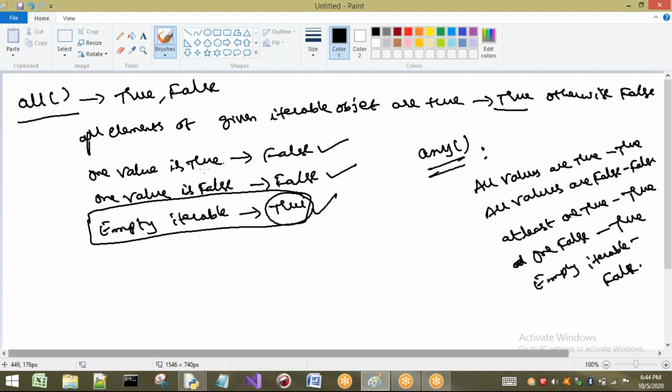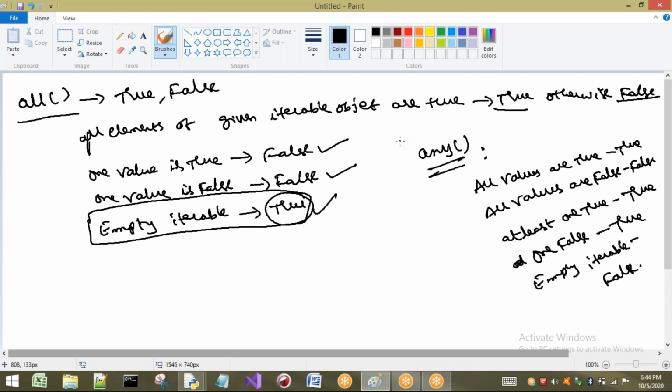If at least one False is there, it is going to return False. So here only one value is true, which means the remaining are all false, so we are going to get False. Here one value is false, so if at least one value is false, the output will be False here. Empty iterable, what is it going to return?